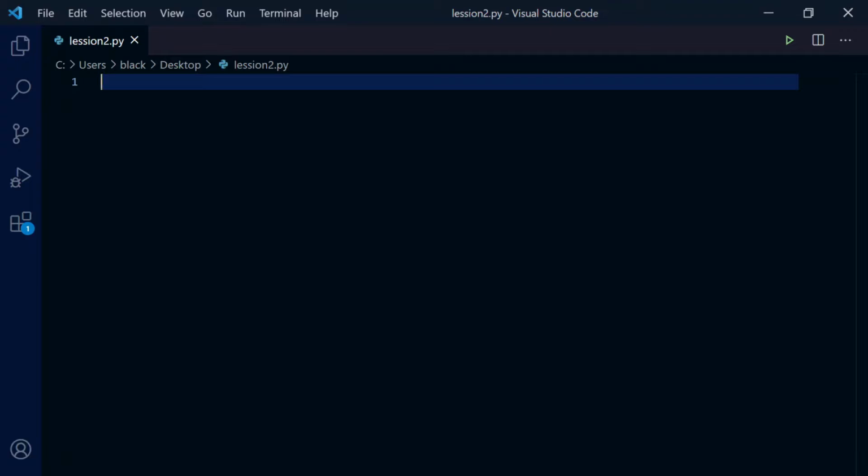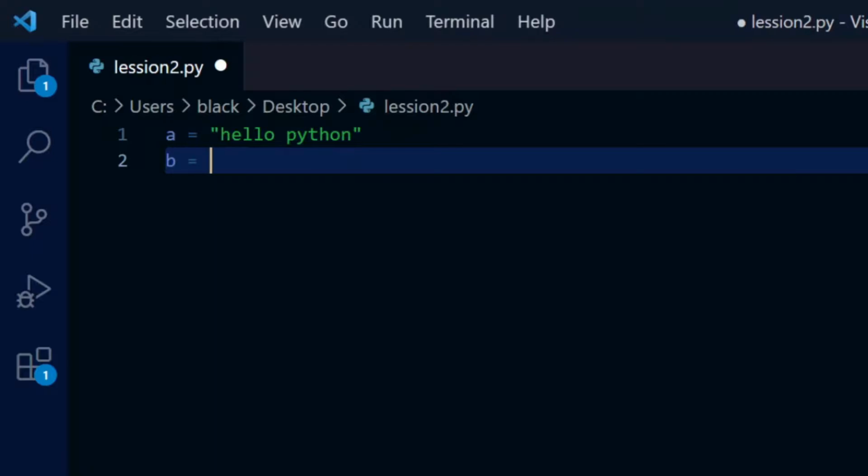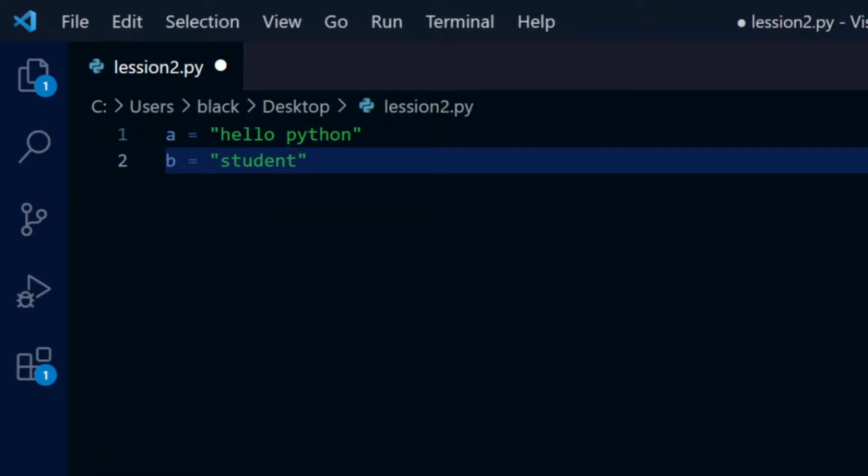Open your IDE and let's say a equals "hello Python", and let's say b equals "student".